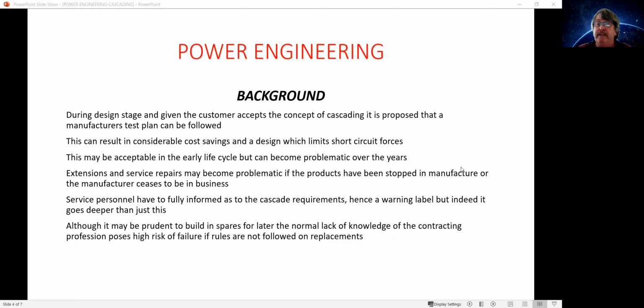and follow a test plan. Normally speaking, it's not a random selection of circuit breakers in the design stage. It comes from a single manufacturer, possibly, or a number of manufacturers, depending on how you want to configure your site conditions. But the consultant type arrangement will dictate, and if the customer accepts the concept, there's considerable savings